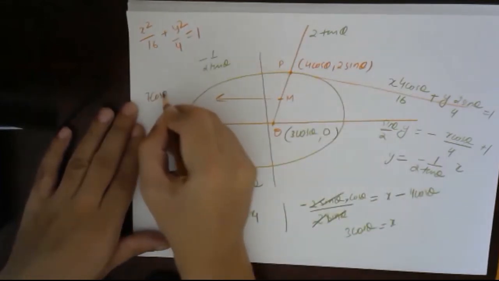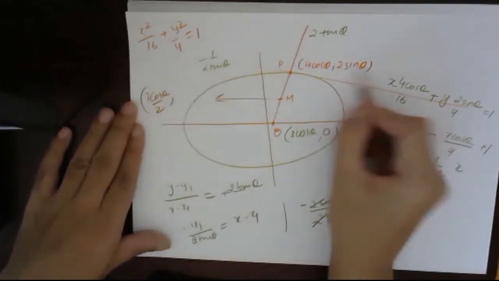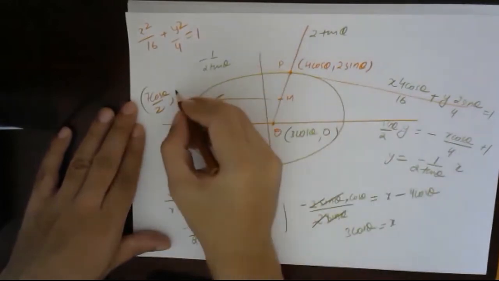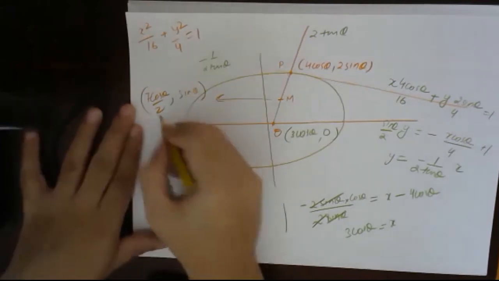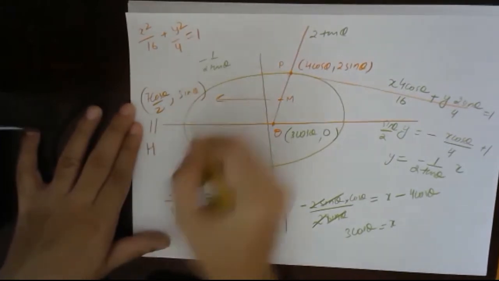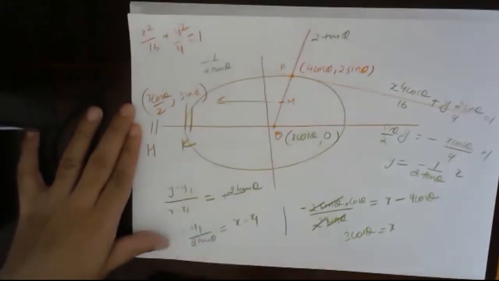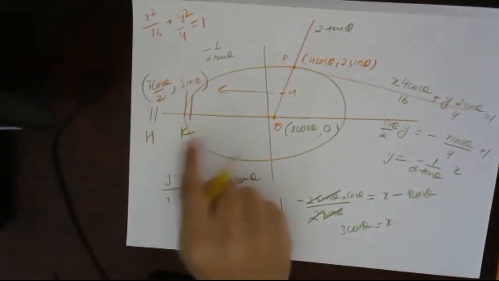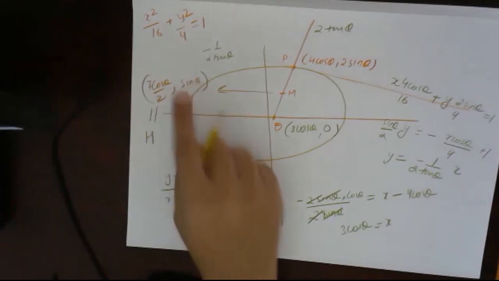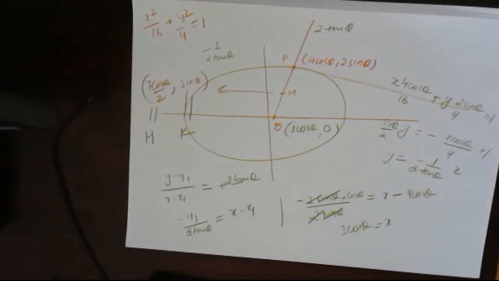7 cos theta by 2 comma 2 sin theta plus 0. So 2 sin theta by 2, so this is sin theta. What is this? This is h. What is this? This is k. H and k. How can I eliminate? So this is x, this is y. And how can I eliminate theta? Square and add. Square and add, you will eliminate theta, right?